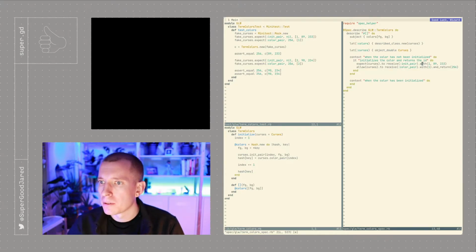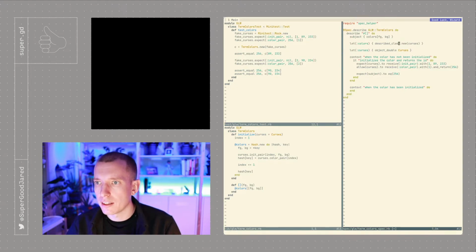Cool. I'm just going to hard code the colors we're passing in here as 89 and 233 because it's not significant. Okay, that passes. Now